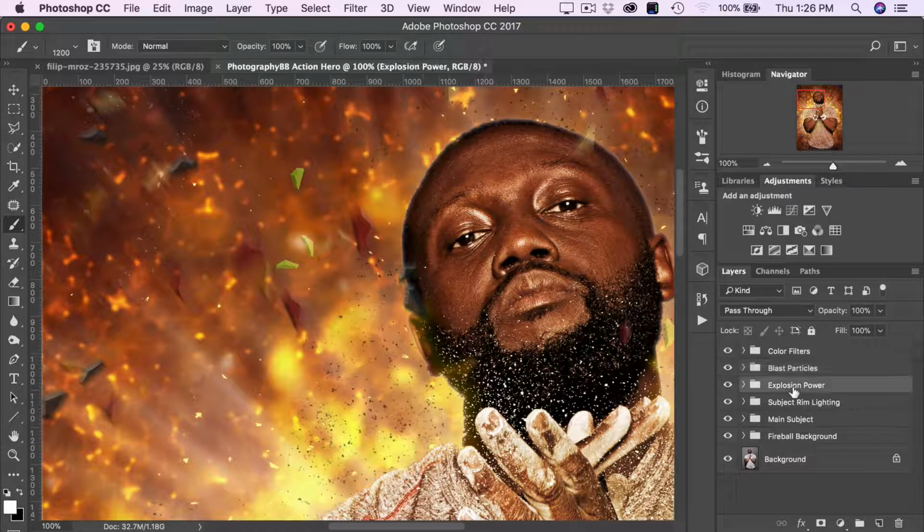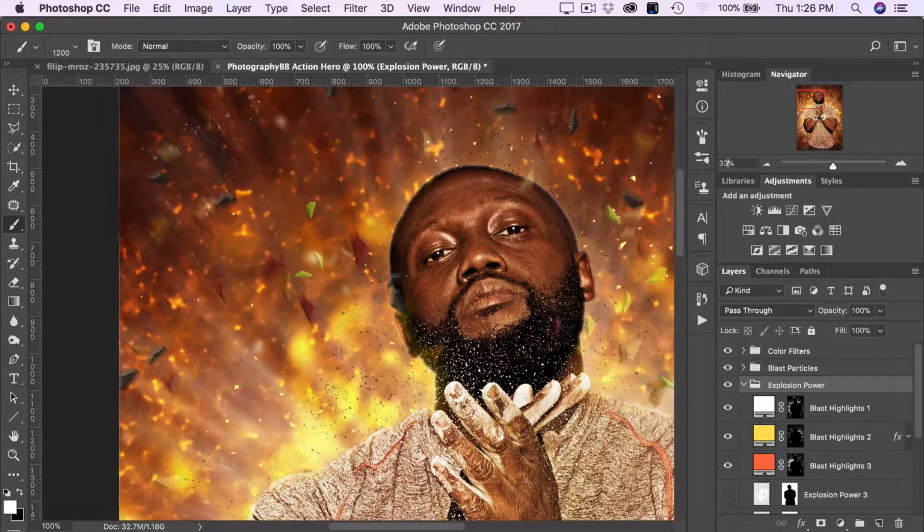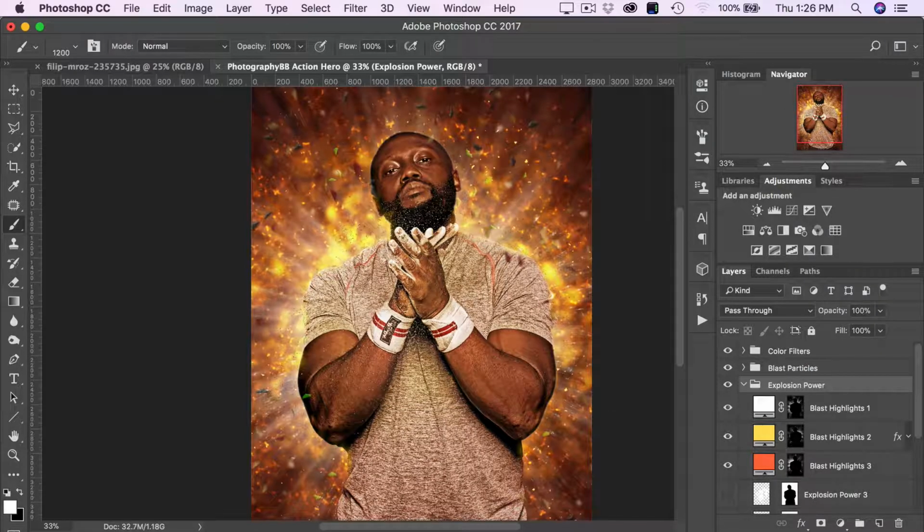And next we have the Explosion Power group, and this group can be toggled open to make the adjustments to these light streaks that we see radiating out from the main blast. So you can see we have 3 blast highlights layers, and you can control their individual opacities and or their visibilities, and you can double click on any of the color swatches to make changes to the color of the